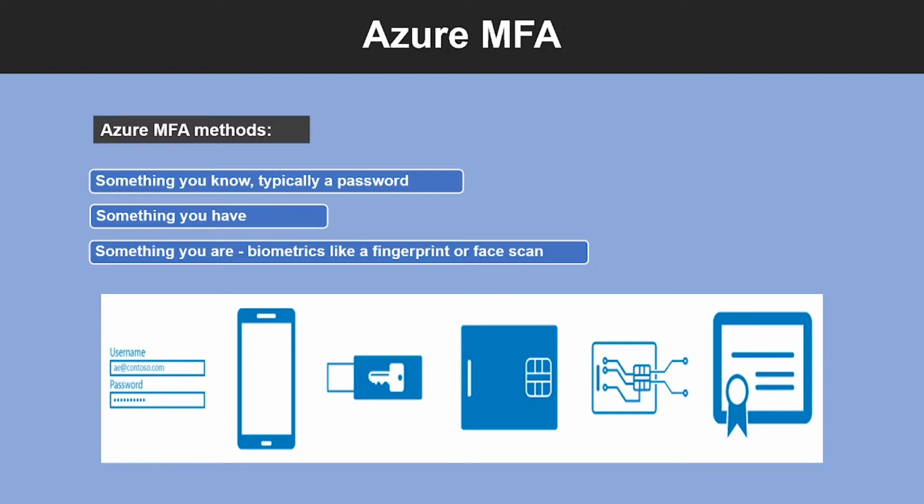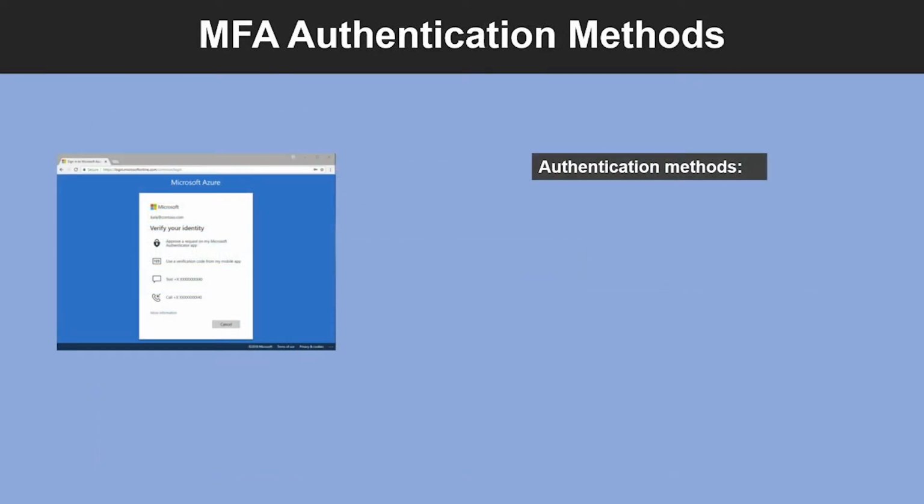So users can register themselves for both self-service password reset and Azure multi-factor authentication in one step to simplify the onboarding experience. And administrators can define what forms of secondary authentication can be used, and Azure multi-factor authentication can also be required when users perform a self-service password reset to further secure that process. Further, Azure multi-factor authentication provides additional security by requiring a second form of authentication and delivers strong authentication using a range of authentication methods.